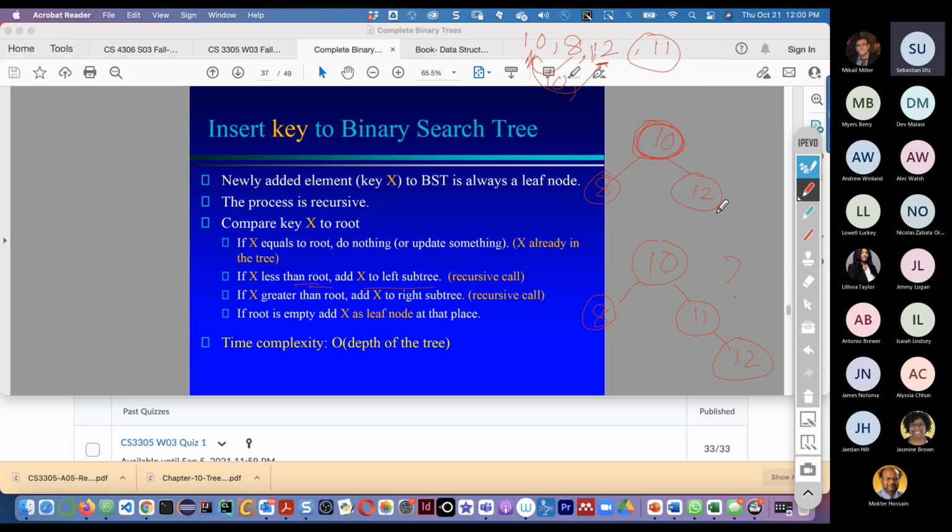Mm, 12 is greater than 11, so you would put it on the right side? Yes, but we cannot do this. It cannot replace, as I told you a few minutes ago, it cannot push. One thing is that the algorithm has a process: the new node will always be a leaf node. It cannot replace.